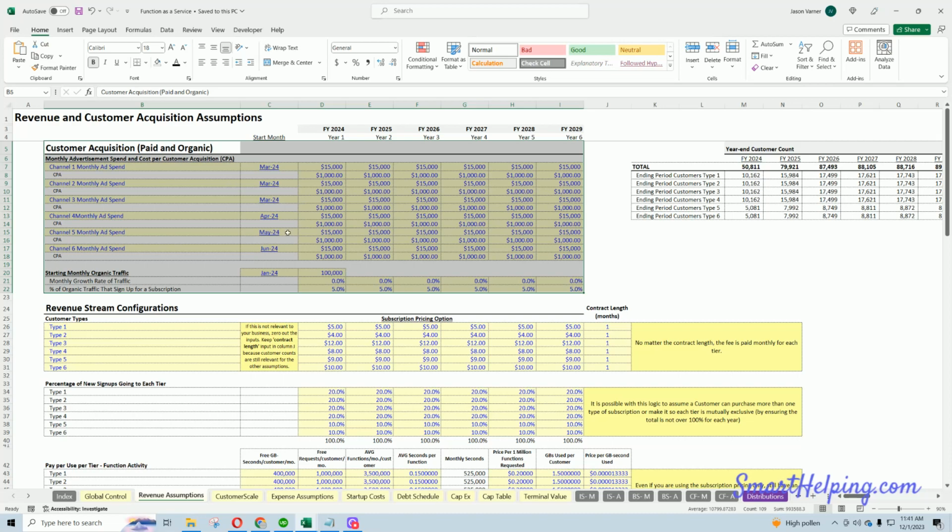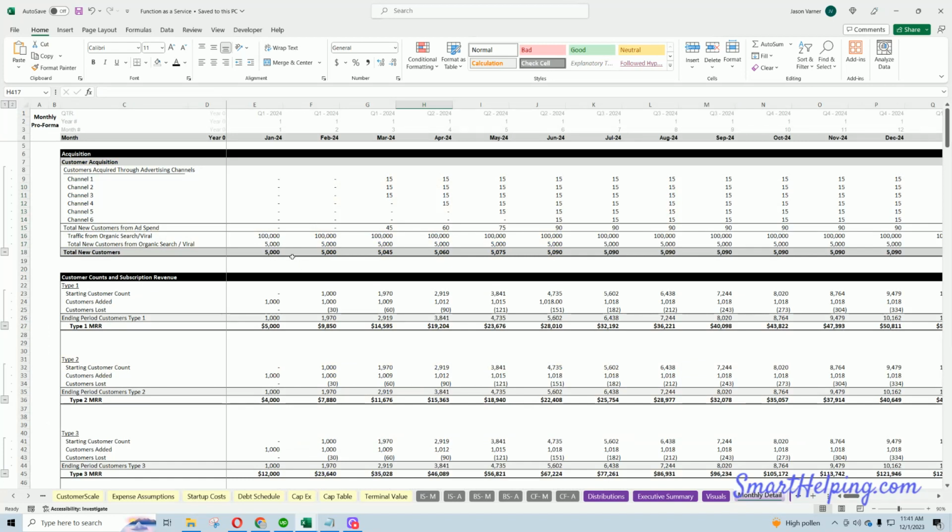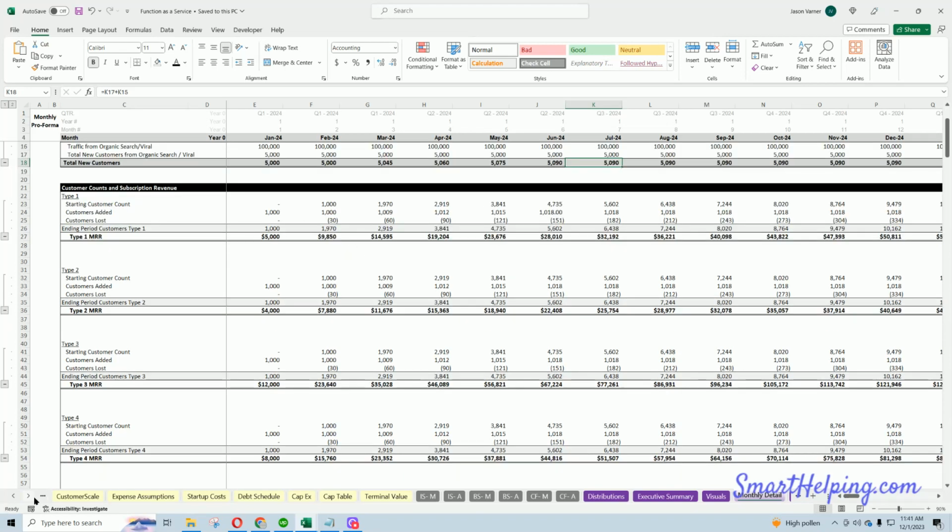So we want to know how many customers exist over time. We have the signups, which can be defined here, or on the monthly detail, you can manually put in how many customers you plan to sign up right here. This is where the assumptions flow, but you can override this if you want to manually define new customers. Now, where all the cool magic happens in logic is I have matrix tabs on the end of the model